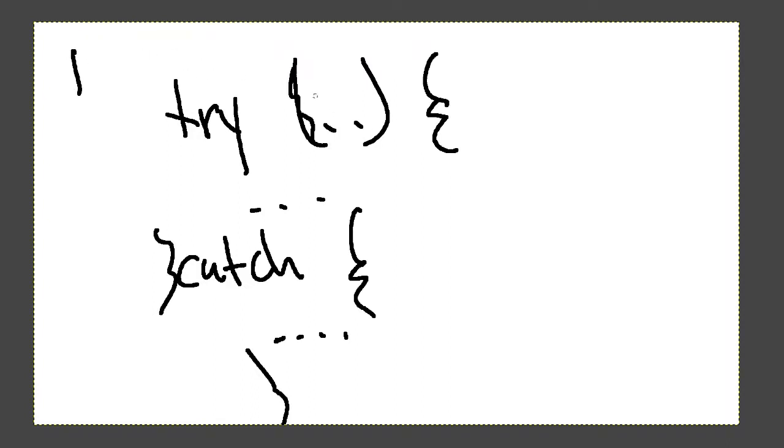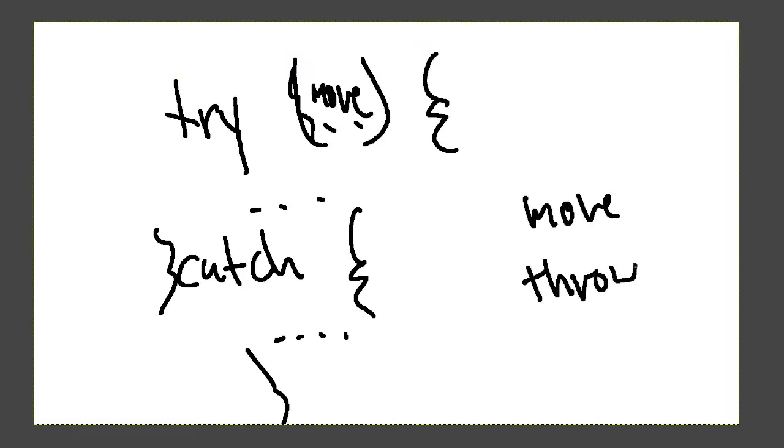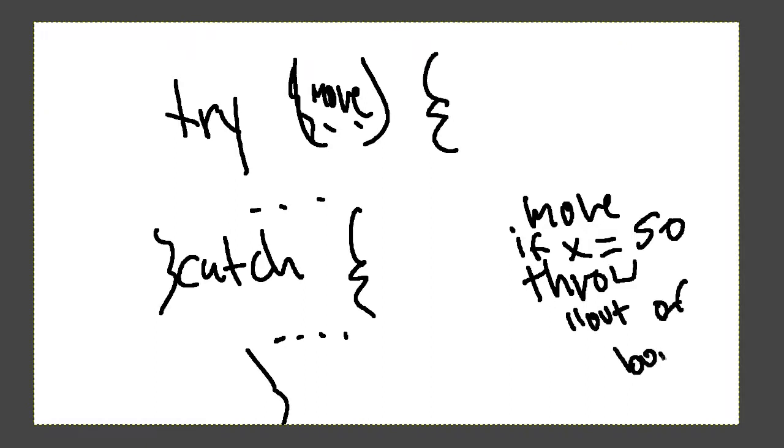Say you're going to try the move function, and in our move function we can have a throw option, where if x equals 50, we throw out of bounds. So now if we call the move function in our try,